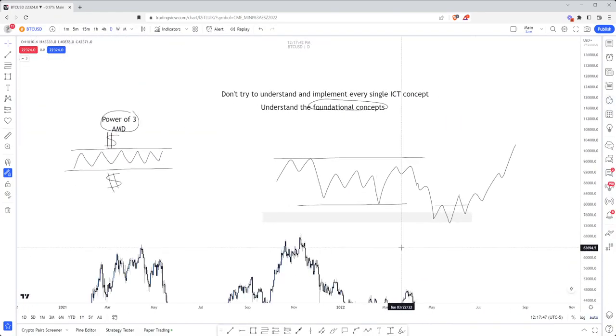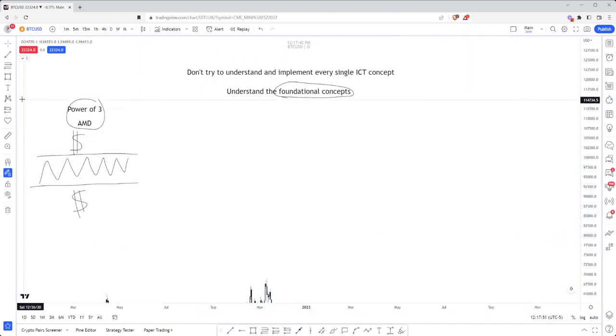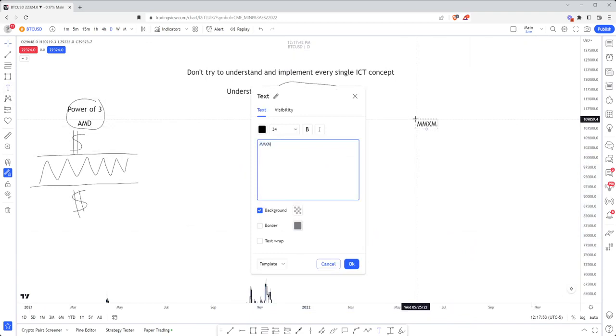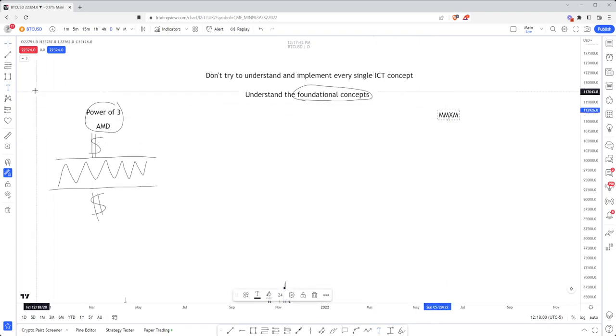It's the Bitcoin chart. Is market maker models. Another thing that, and most of these both fall into Wyckoff too. There's a lot of different ways to look at them. So market maker models are very similar to power of three. The main difference is that I think they're a little bit harder for people to learn, but the main difference